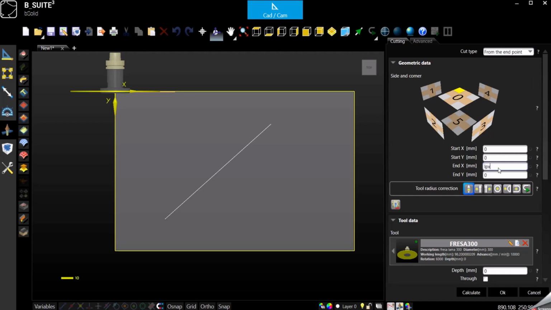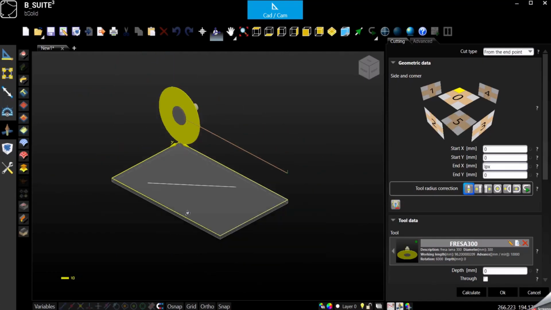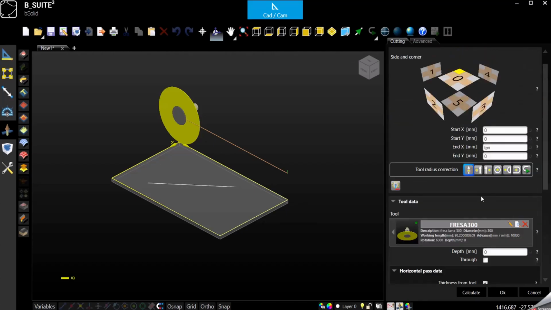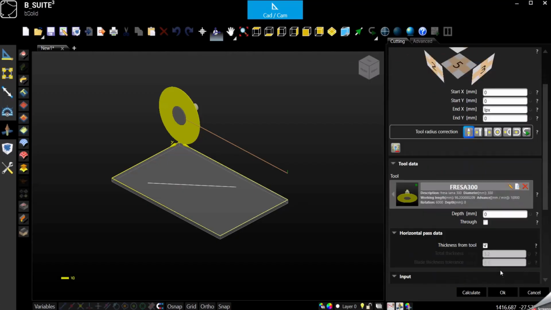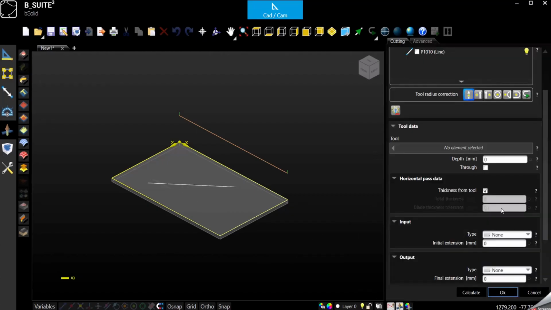So length of the panel in X. So all the other parameters are the same. I'm not gonna explain them again. So we confirm and we can see the last one, which is basically the same thing